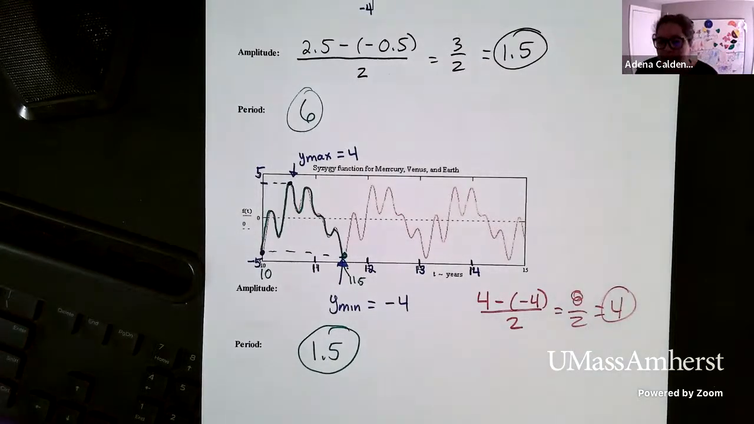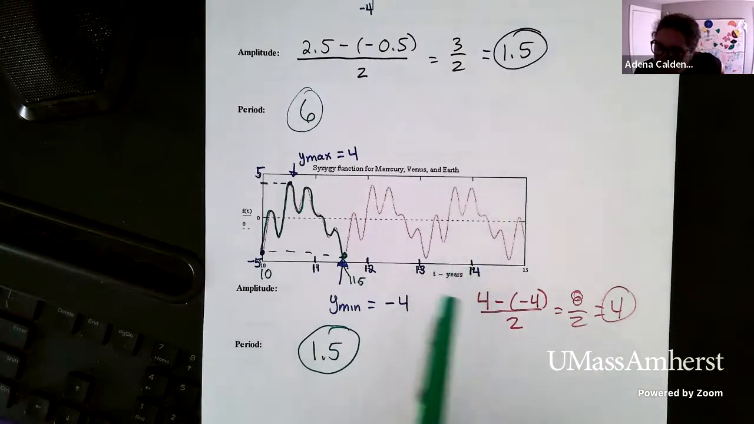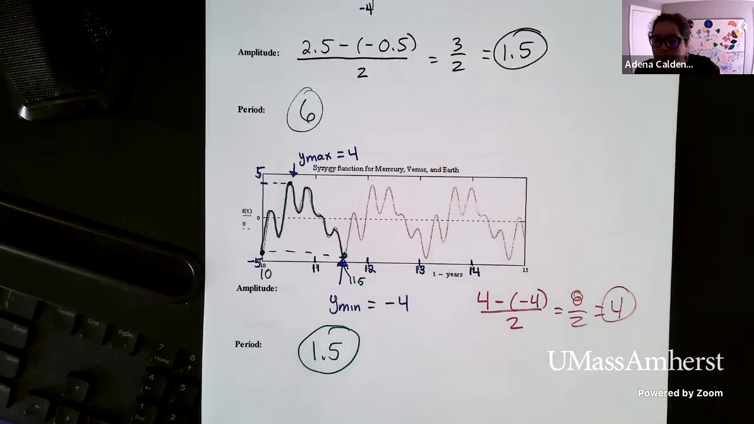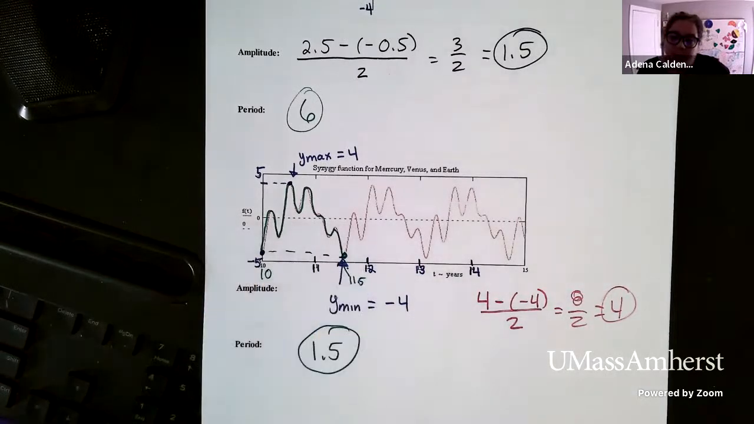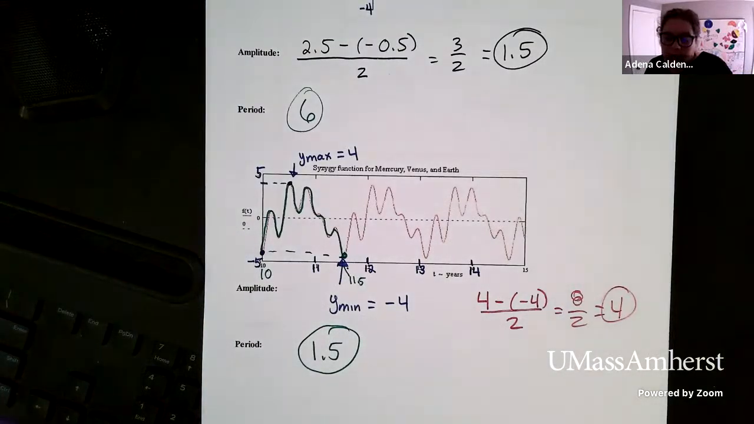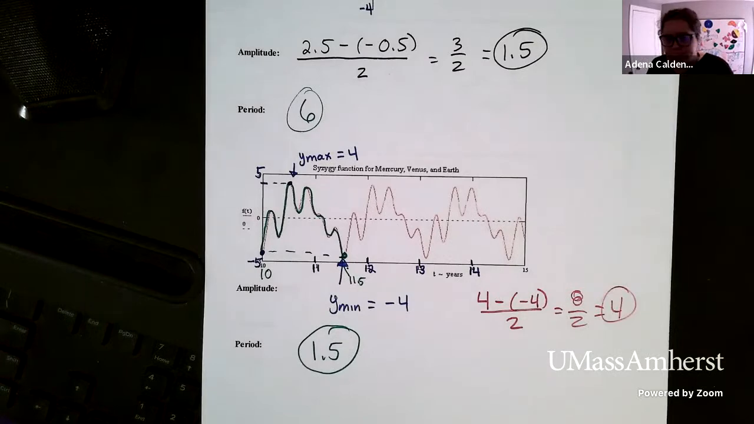And so this is actually in years. I don't think you can see the units, but it does say in years. If you could see the units, then we would call it 1.5 years. Okay. So here we've approximated the period. We've done the amplitude. And so these are the things that we are interested in general for periodic functions, but